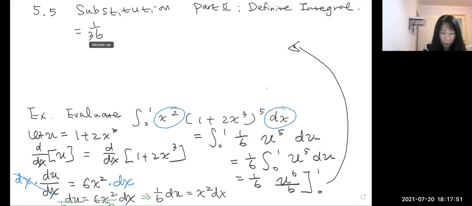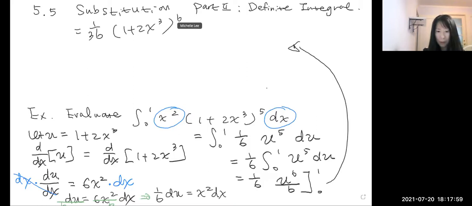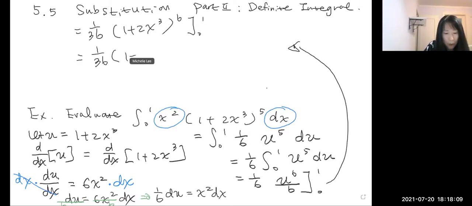Now u was 1 plus 2x to the 3rd power, to the 6th power, right? Okay? Then we're going to evaluate it from 0 to 1. Nice number 0, nice number 1. Then 1/36 times (1 plus 2 times 1 to the 3rd power) to the 6th power, minus